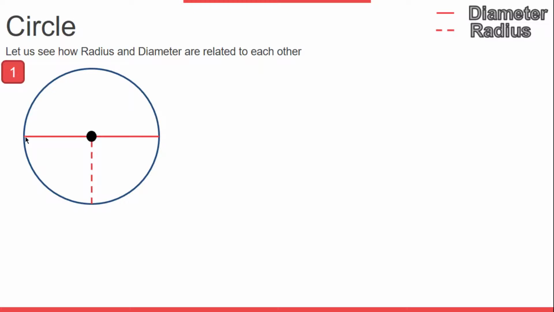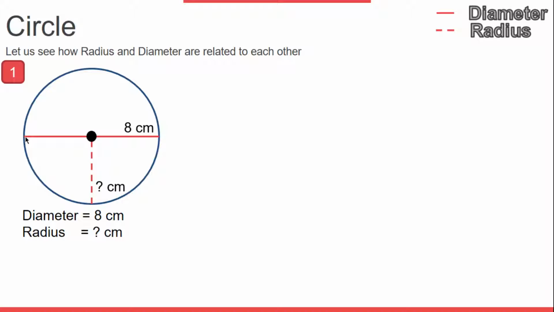Okay, so the second set, the first question that we will see is when the diameter is given to us. So here you can see diameter is given as 8 centimeters and radius is unknown. So I will write first the information which is given to me. Here diameter is given, so I write diameter is equal to 8 centimeters and radius equals question mark. Now I am solving for radius.